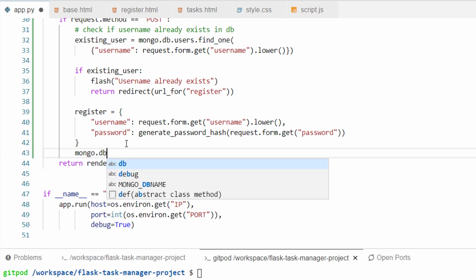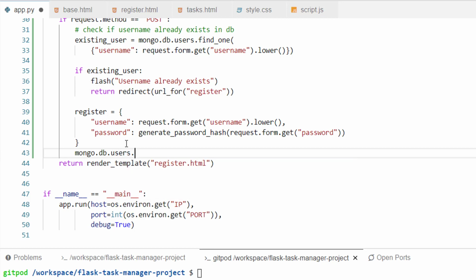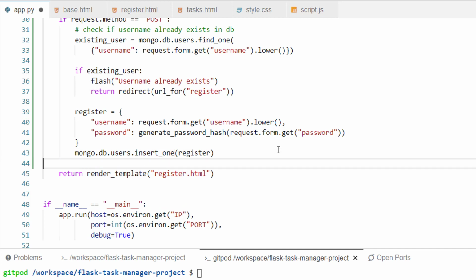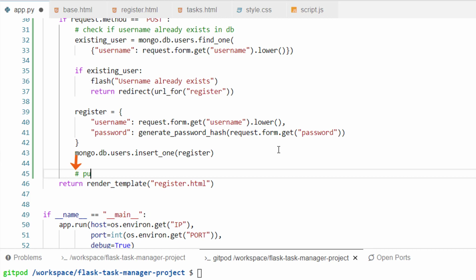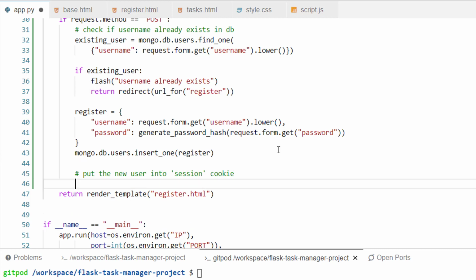Now we can call the users collection on MongoDB and use the insert_one method. insert_one requires a dictionary to be inserted, and since we've stored our dictionary inside of a variable called register, we can just use that. Create another blank line without white space, but include proper indentation. We then want to put the newly created user into session, like a temporary page cookie, using the session function we've imported at the top of this file.